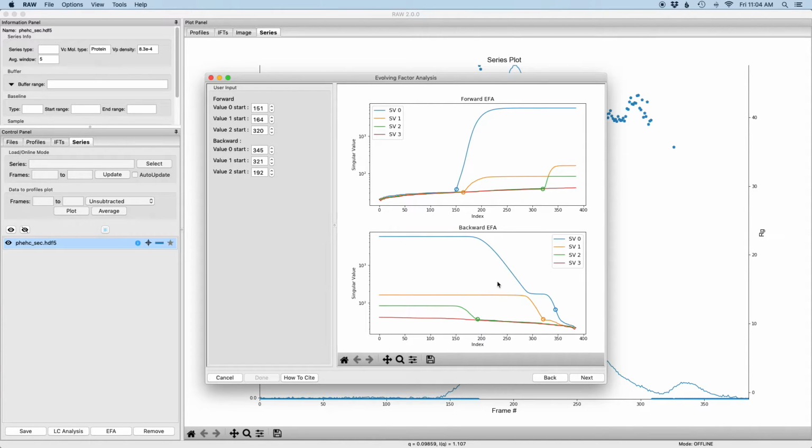The backward EFA plot is the same thing except in reverse. We take the last data set and do SVD, the last two data sets and do SVD, the last three data sets and do SVD, and so on until we've done it for the entire data range. And so what this plot is showing is when things are coming back down to baseline, this is when components